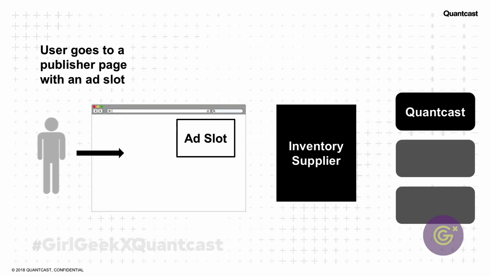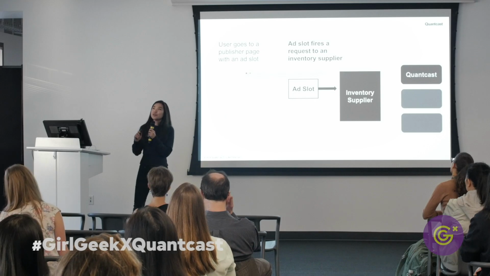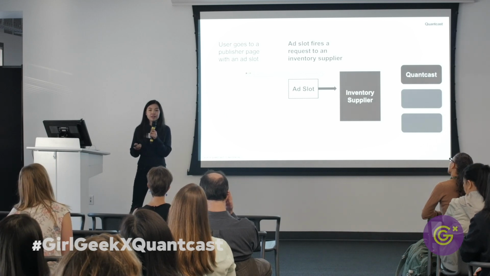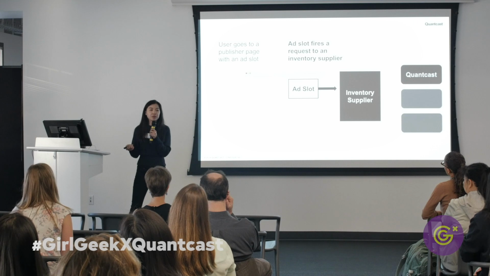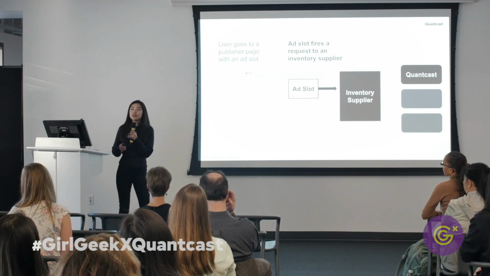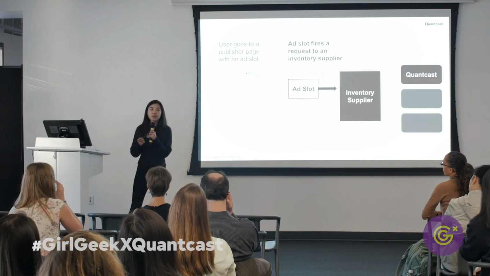Let's say you're this little gray stick figure, and you go to a website. A lot of things actually happen before you see an ad on a website. The first thing that happens is that a request is fired to an inventory supplier. There are several inventory suppliers out there. Some examples are Google, AppNexus, PubMatic. What happens there is basically a milliseconds-long auction where the inventory supplier asks all of their